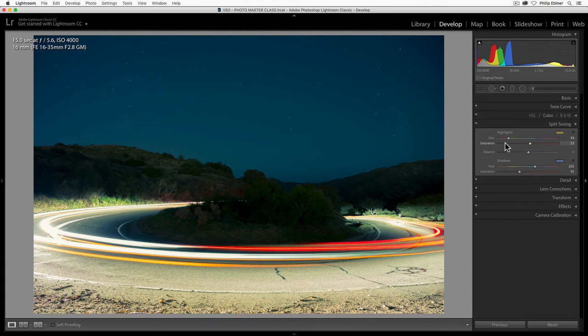It will be more apparent and work better if you have a high contrast image. If all the parts of your image are in that mid-range exposure, both the highlights and shadows will affect the whole image in terms of the split toning adjustments. So you want to make sure that the image you're working with is more contrasty so you can really pinpoint adjusting just the shadows and the highlights.